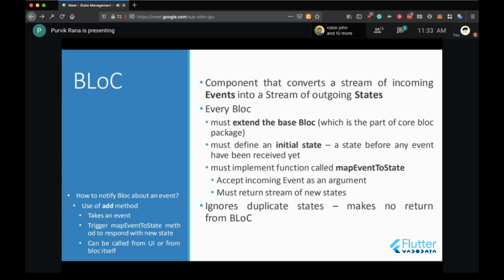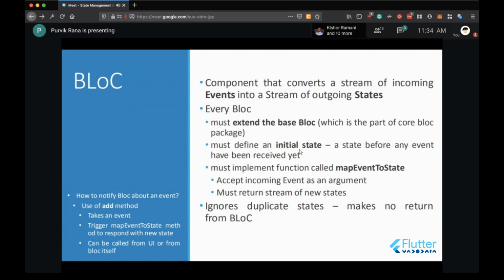Before doing any processing, you have to pass an initial state, so initial data will be represented to the user. That is a must-define thing when we are creating any block for any screen.